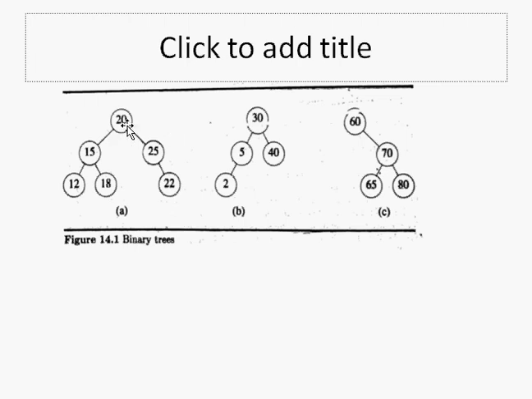Now let's discuss the right subtree. The right subtree contains 20, 25, that's okay. But 25 and 22 you have, so this is not okay. We expect this to be higher than 25. Then only we could have said that this would be a binary search tree. Now this is not a binary search tree. The reason is the right subtree of this node is having a value lower than that of this. So 25 is the node value, and the right child of this node has a value 22, which is lower than 25. So this condition is not acceptable, which means this is not a binary search tree.